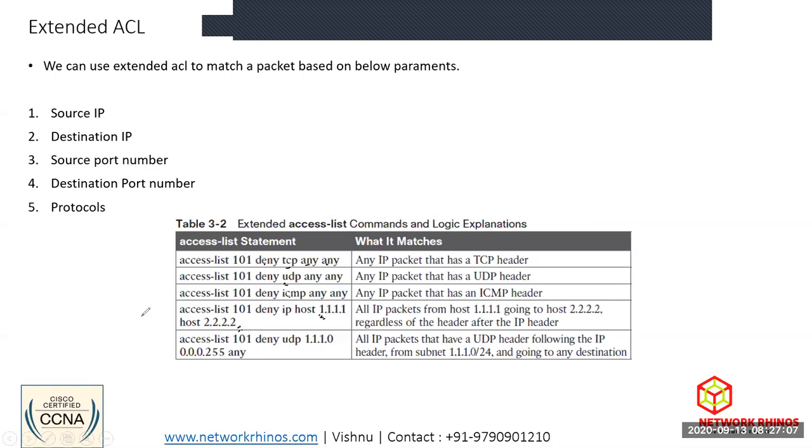You can also say deny only UDP protocol from this source network to any network. It includes everyone from 1.1.1.0 all the way to 1.1.1.255. Okay, so let us use this fourth method to do our lab.